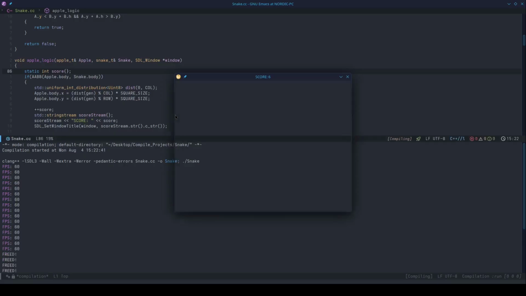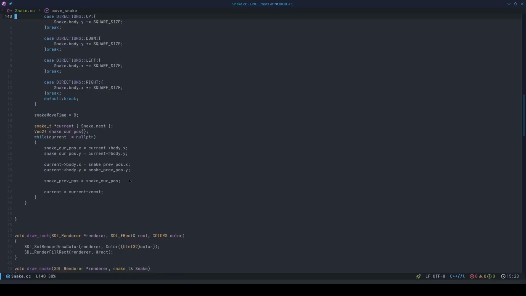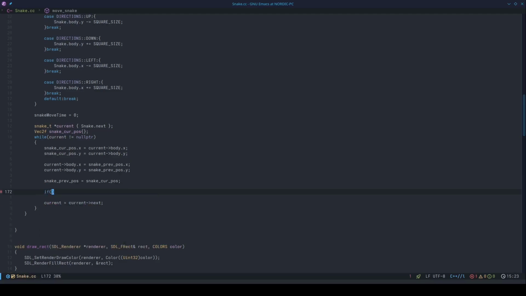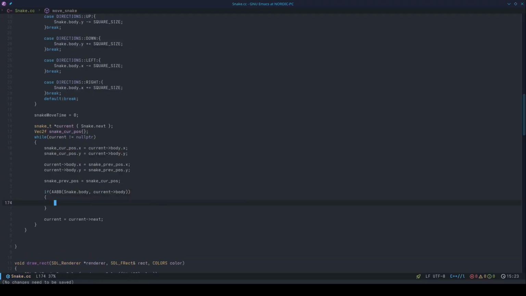Oh, we also, my God, I even forgot to implement if you collide with yourself. I'm sorry about that. I don't know where to put it. So we get the position, we move it, we capture the position. We also want to check if AABB, okay, we're getting somewhere. Snake body touches the current body. Yes. So if the head of the snake touches the body of the snake, because remember, our main body is the head, then we want to